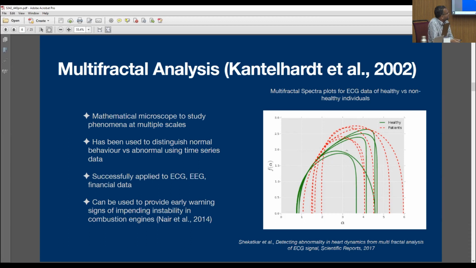For example, when there's a cardiac arrhythmia, this whole multifractal spectrum, which actually has a very broad support, collapses to a single point. But in the middle, between a cardiac arrhythmic case and a healthy heart case, there's a spectrum of cases where gradually the support of the spectrum collapses.